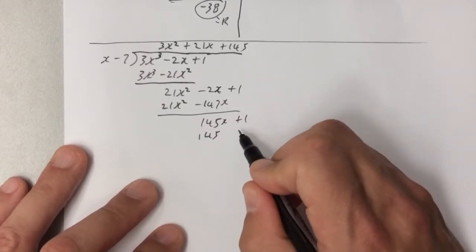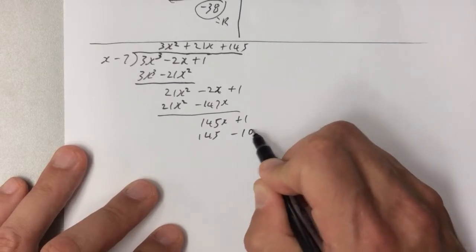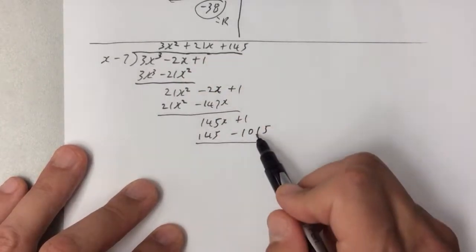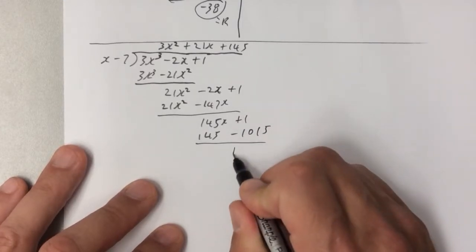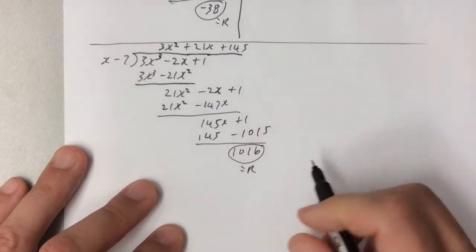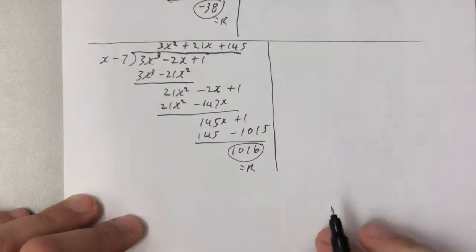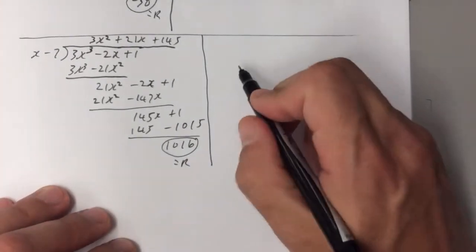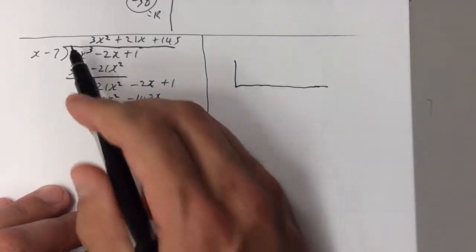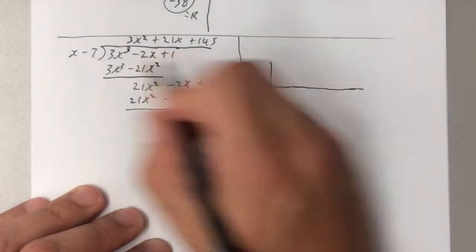145x minus 1015. Okay, 145 times 7 is 1015. Subtract and you get 1016 as the remainder. Okay. So that is the long division. Now the synthetic division for that. Okay. So it's a cubic, so the first thing I'm going to write up here is, well, the minus 7